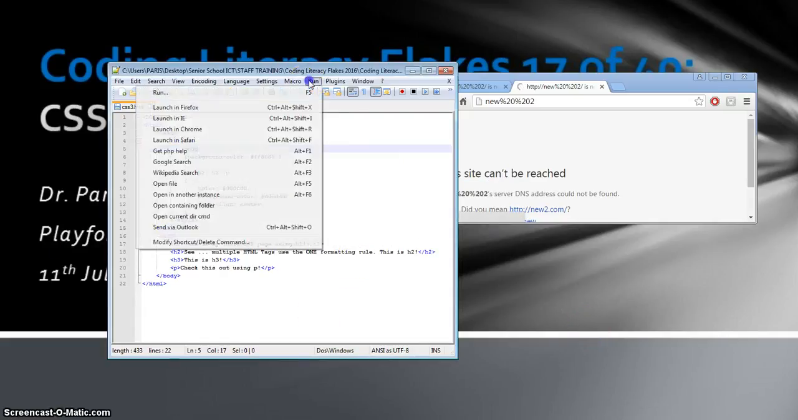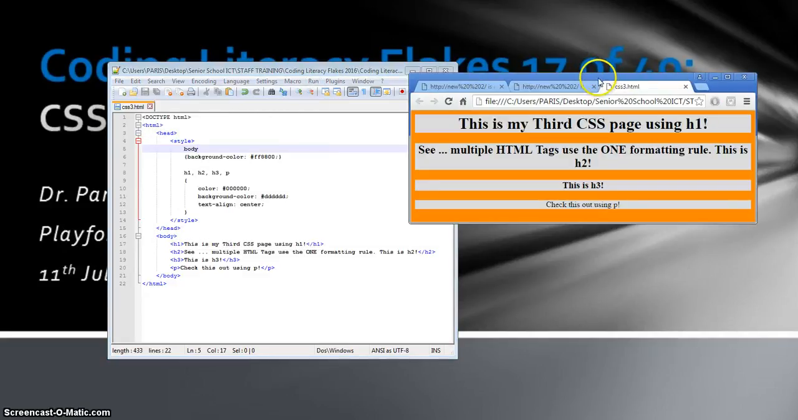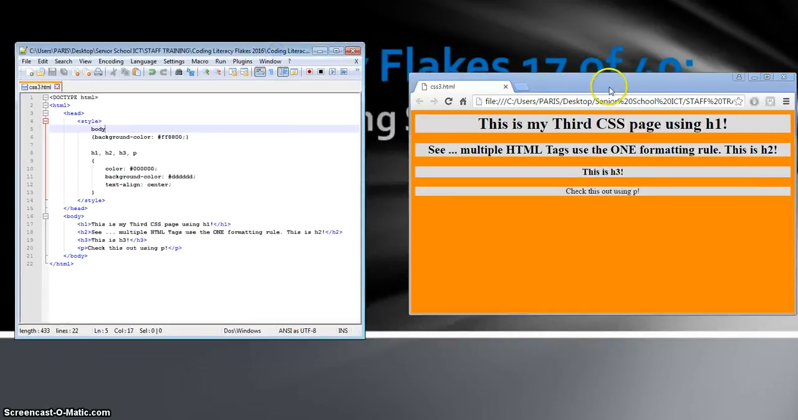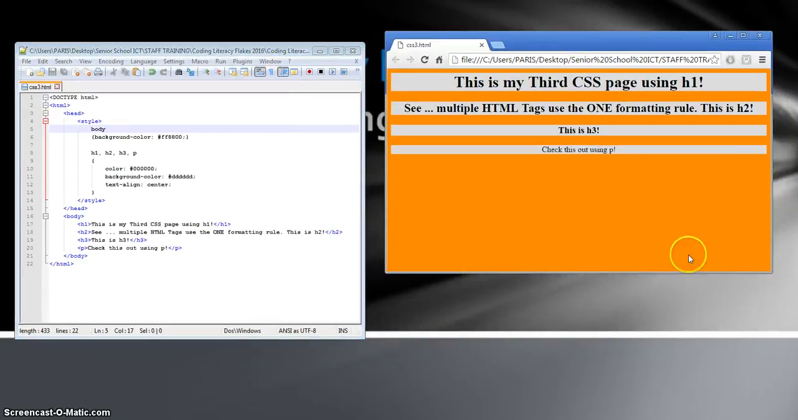Let's just test it out now. I'll run it in Chrome. Okay, there it is. Let's look at it, the browser on one side, my editing code on the other side. Notice the body got instructions from here saying it's going to be orange. I got that from colorpicker.com. That's an orange color. All the tags, there's H1, H2, H3, and the P tag, the paragraph tag, all